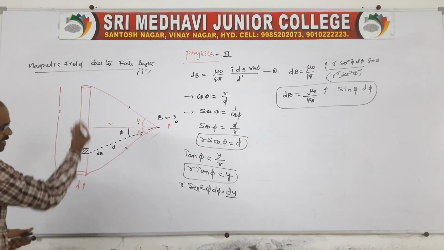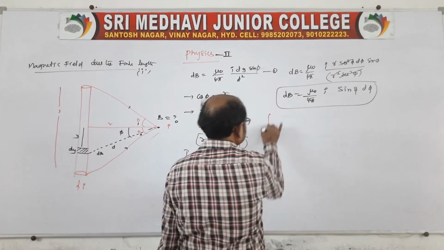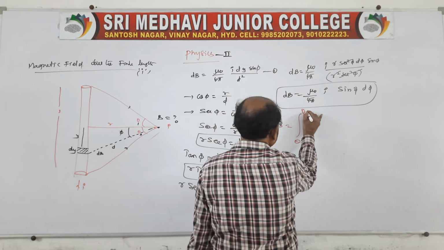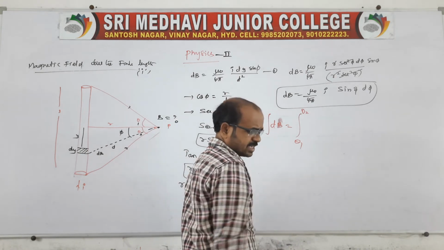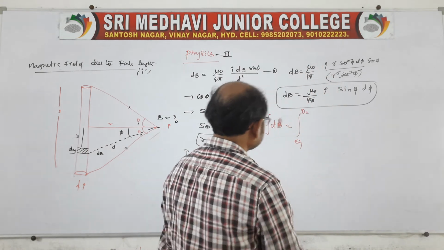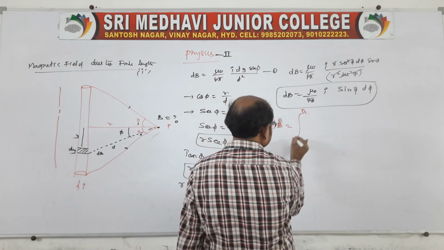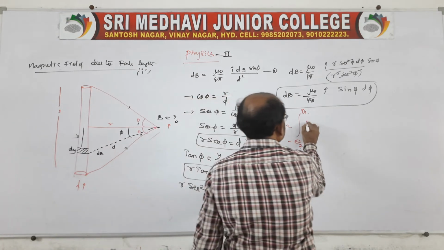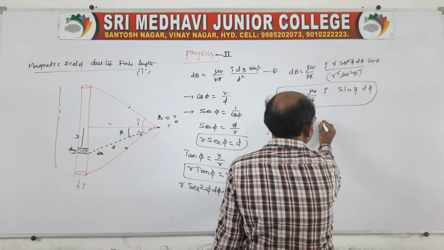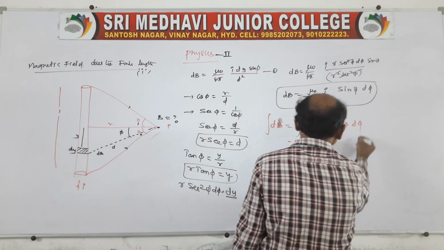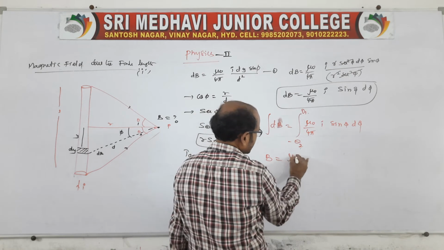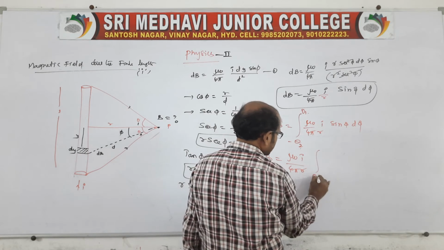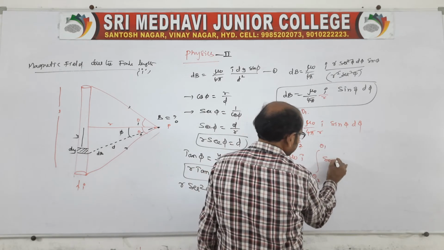Now let us apply integration. Integration from an angle, because what angles are given here? It is dB, integral from theta 1 to theta 2, or you can say theta 2 to theta 1 also, no problem, because we are taking theta 2. So theta 2 and theta 1, but minus, which is in the negative, downward direction. So you write mu naught by 4 pi I into sin phi d phi. So B is equal to mu naught I by 4 pi r, integral theta 2 to theta 1 of sin phi d phi.